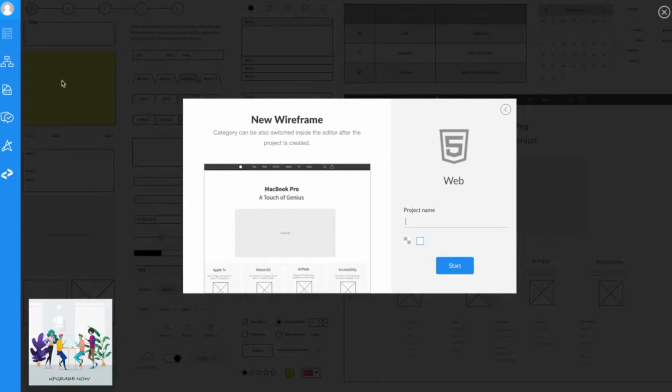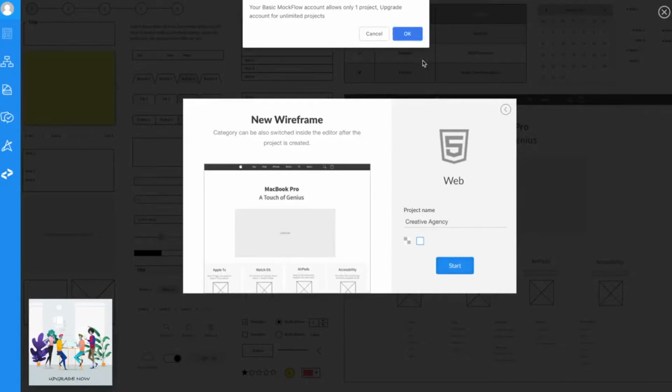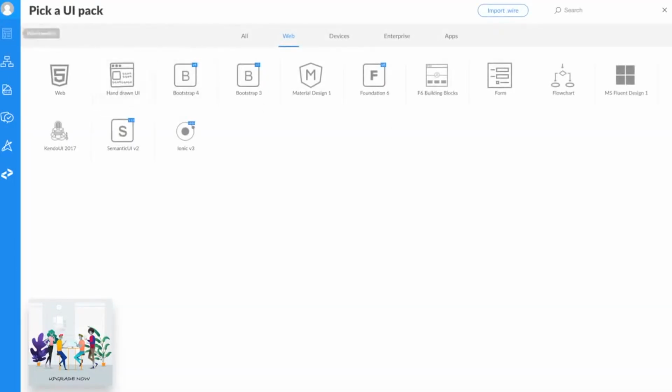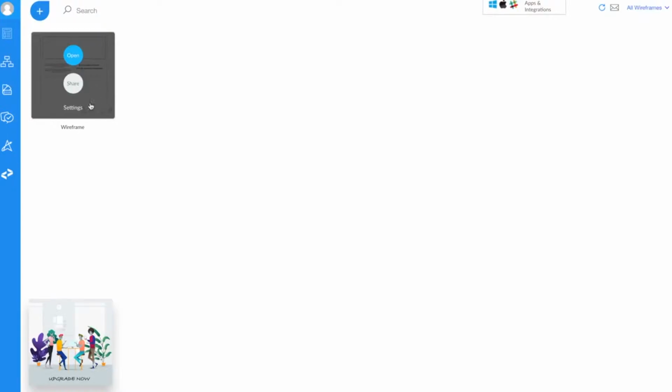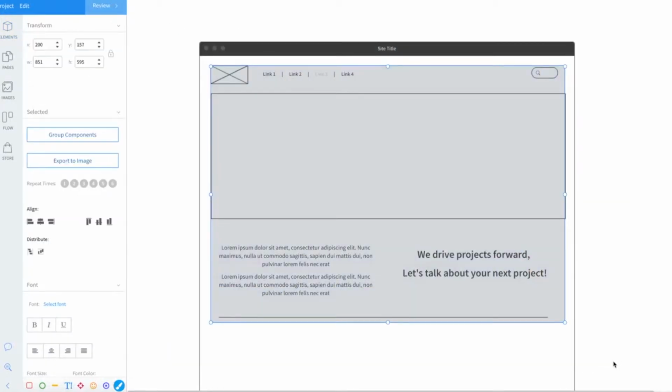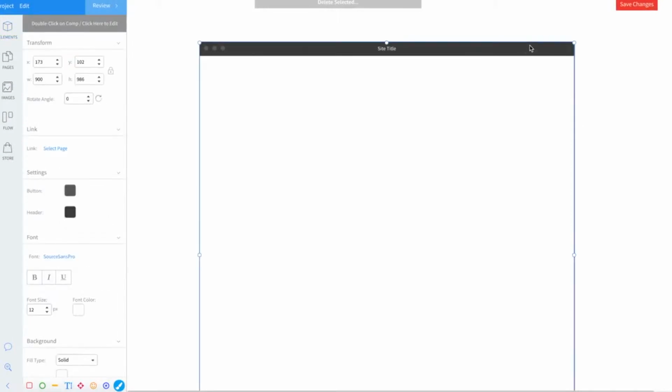And what are we going to call it? Let's say Creative Agency. And start. Oh, I already have a project. So that shouldn't happen. So it looks like I'm going to go back and open the one that I've already started. But you would then click OK, and you'll be taken to this screen that's about to load for me. That's the free version, only having one example. So I'm going to go ahead and just highlight all this and delete it,